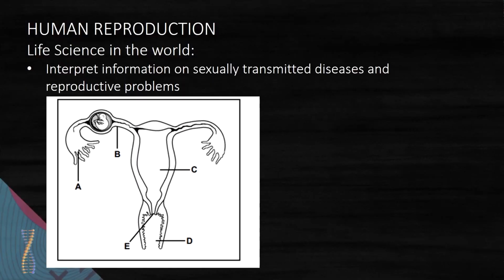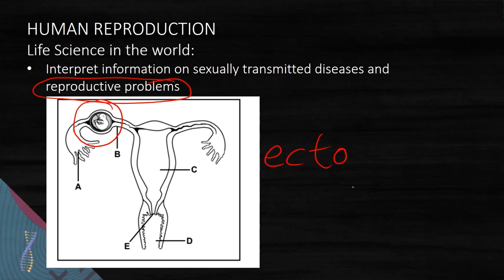Let's have a look at this question. This is one of the questions that was in your practice questions, and I hope you actually had a look at it. Because this is a reproductive problem. Sometimes it's a written passage. In this case, it's a diagram, and the diagram shows an embryo that has started to develop in the fallopian tube. And this is called an ectopic